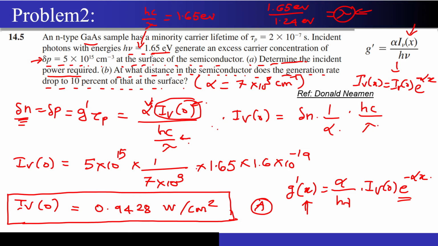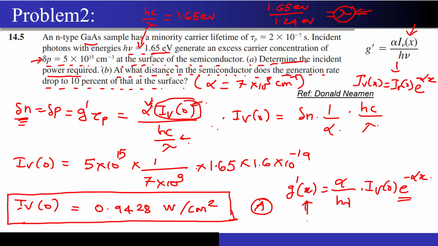Now if the number of photons that are getting absorbed decay exponentially with the length, then who is going to generate the electron hole pairs? They are generated by the absorbed photons only. If the absorbed photons decay exponentially, then even the number of electron hole pairs that I am generating is going to decay exponentially. So I have just given you the viewpoint from two things: one is the formula and one is the intuition that we always like to have.